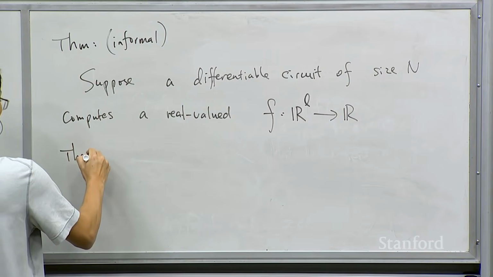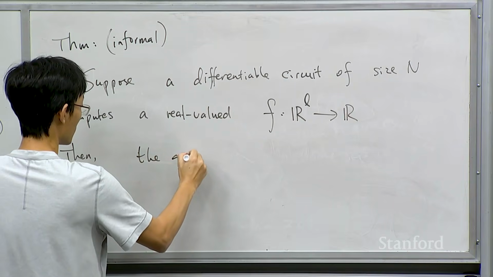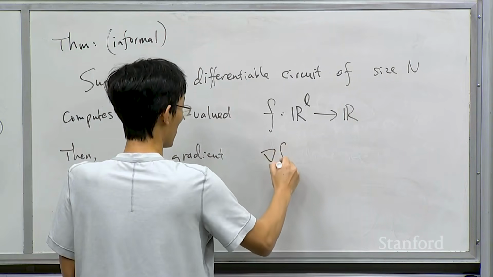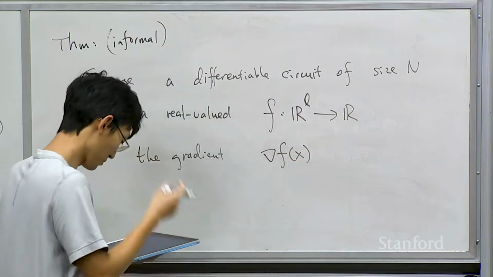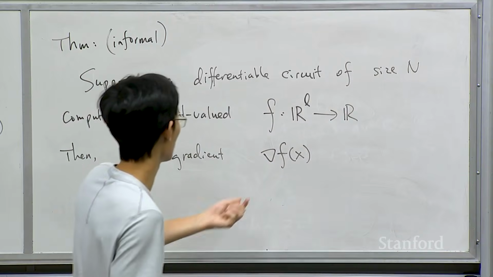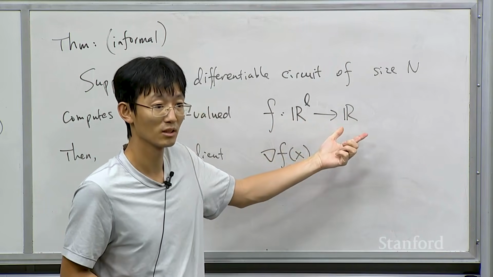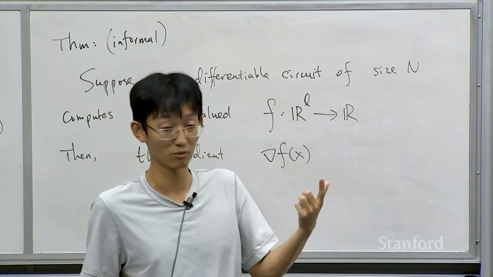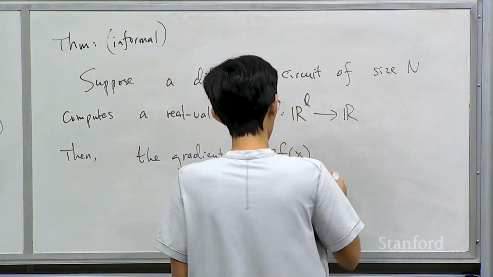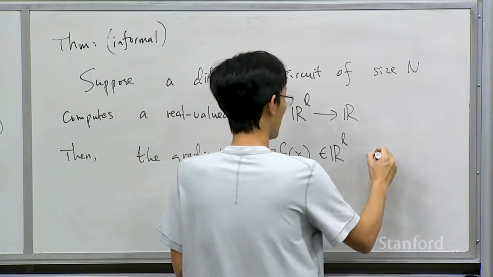Suppose you have such a function which is computable by this differentiable circuit. Then the gradient of f with respect to the input, and first of all, let's look at the type signature here. What's the dimension of the gradient? You have a function that maps L inputs to one output. The gradient is an L-dimensional vector, because for each coordinate you have one partial derivative. So this is an L-dimensional vector, and this can also be computed